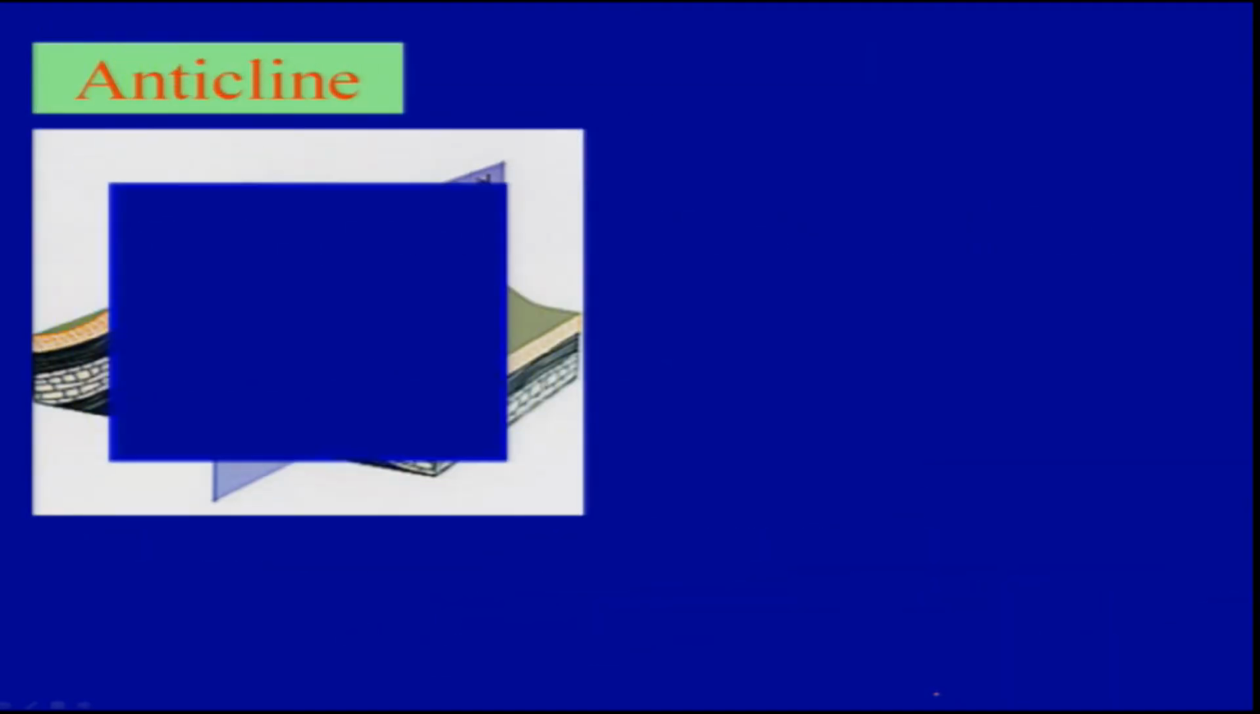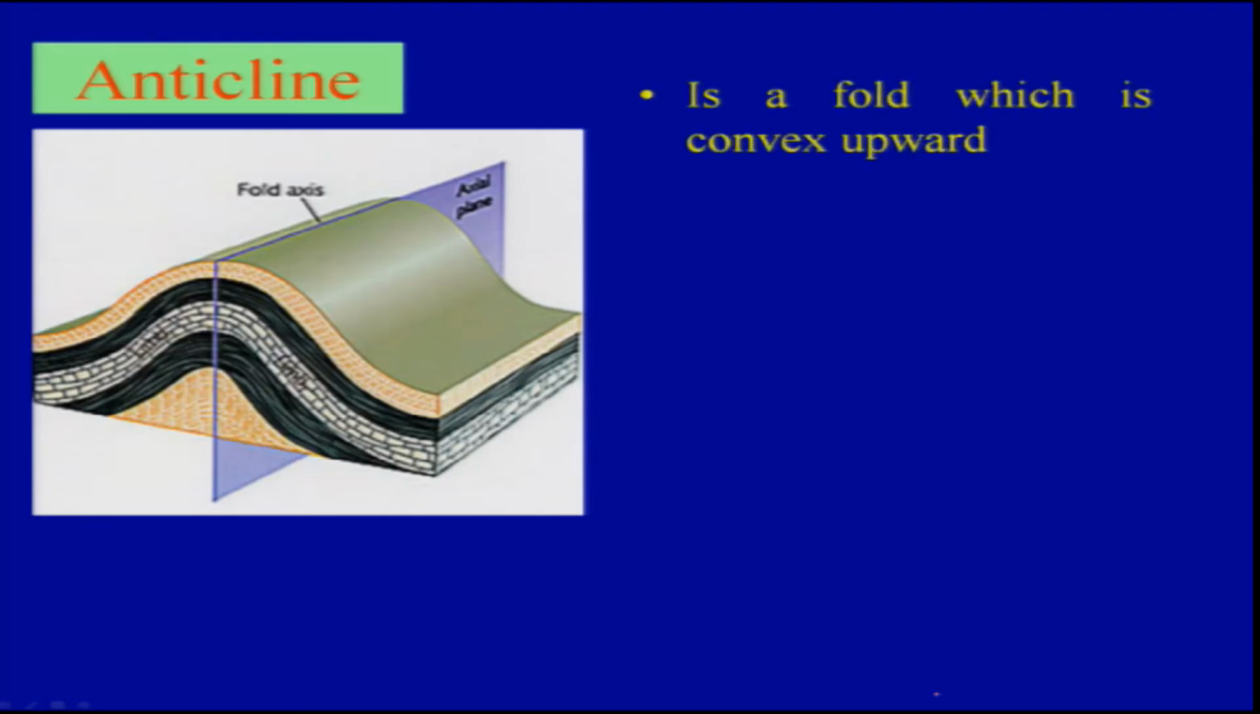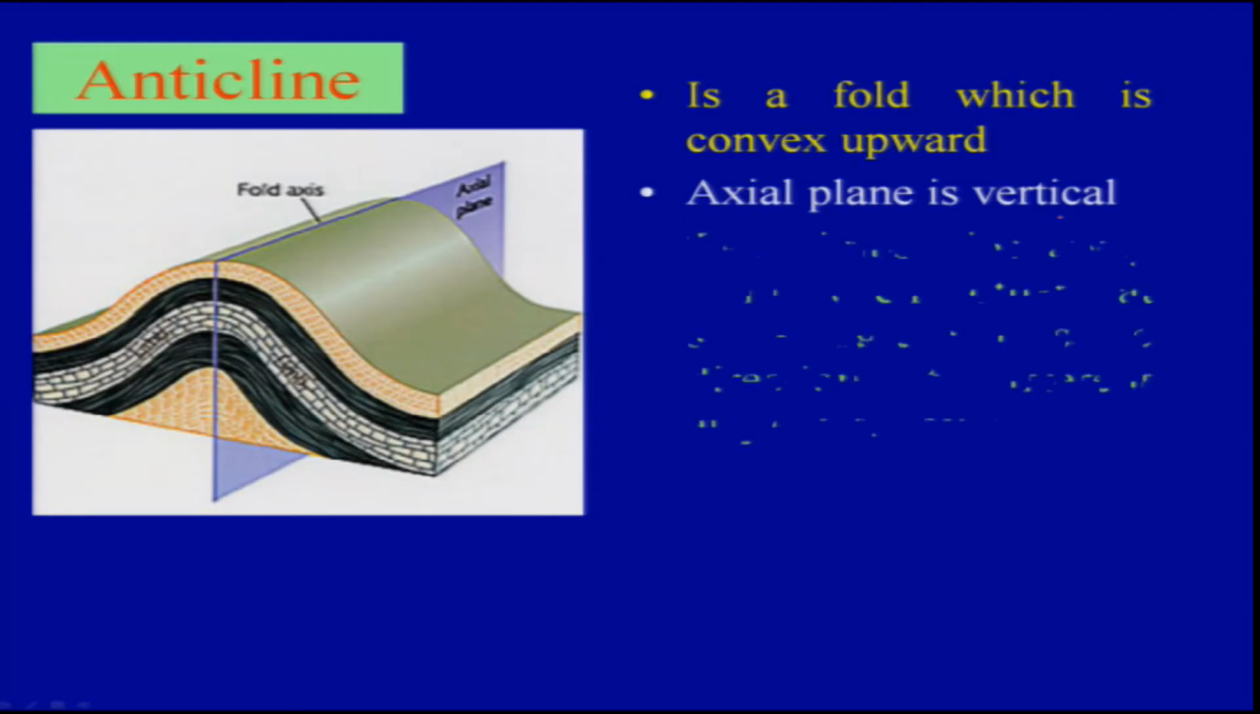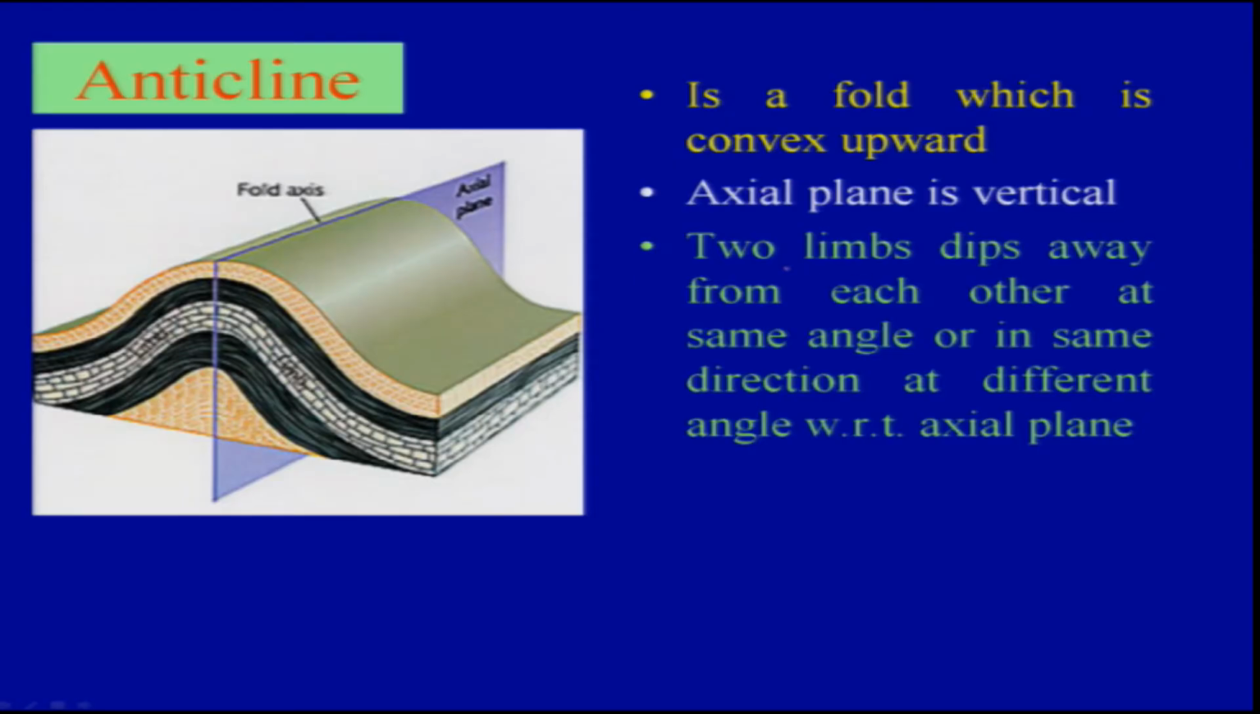Coming to the next one, that is the anticline. The fold is convex upward. We have the boundary here, convex upward, and then the axial plane is vertical. We will talk about the inclined axial plane later, but right now, for the simple and symmetric fold, the fold axis or the axial plane is almost vertical. The two limbs dip away from each other,